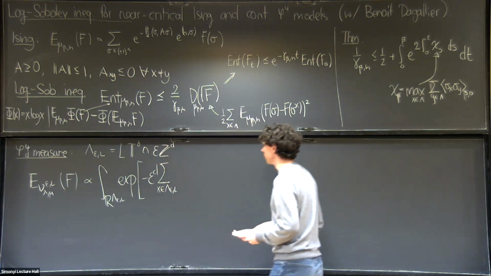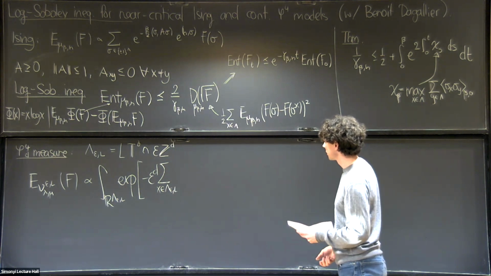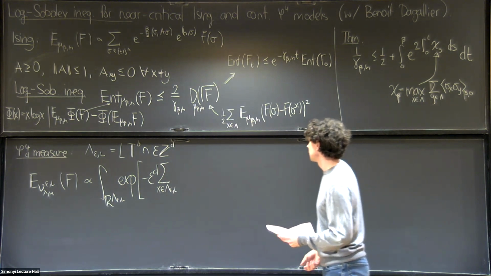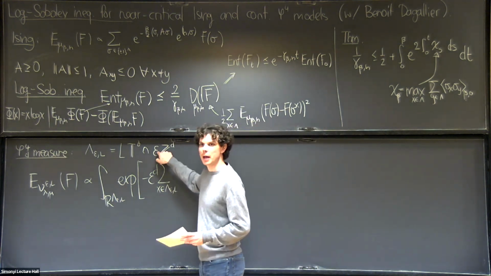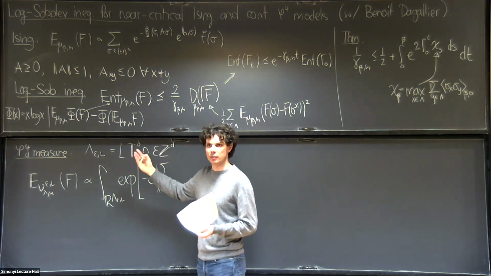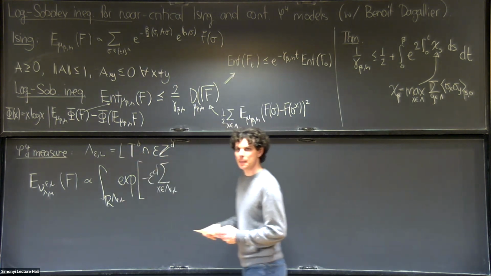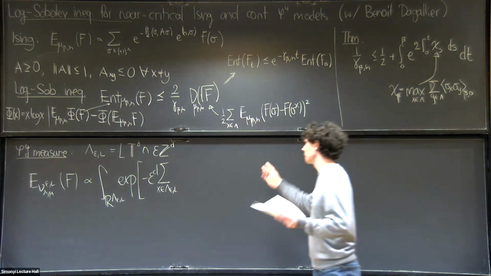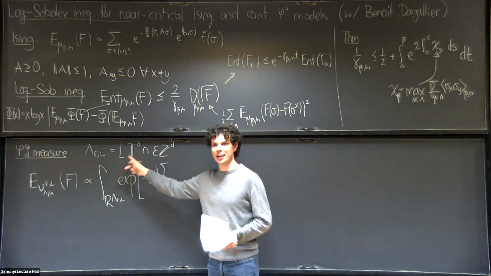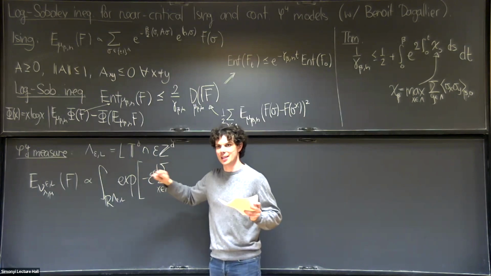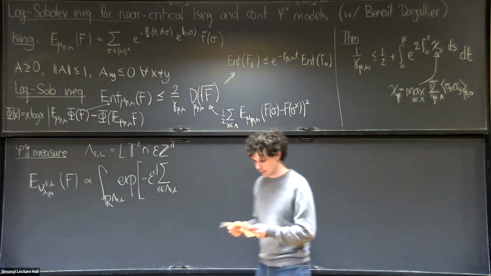Sorry, why do you call this continuum if it's on a discrete lattice? Well, because it's uniform in epsilon, you can take the limit epsilon to 0. I see. We prefer to state everything when everything is finite, but it's a bound that's uniform, the absolute bound. So you can take the limit.